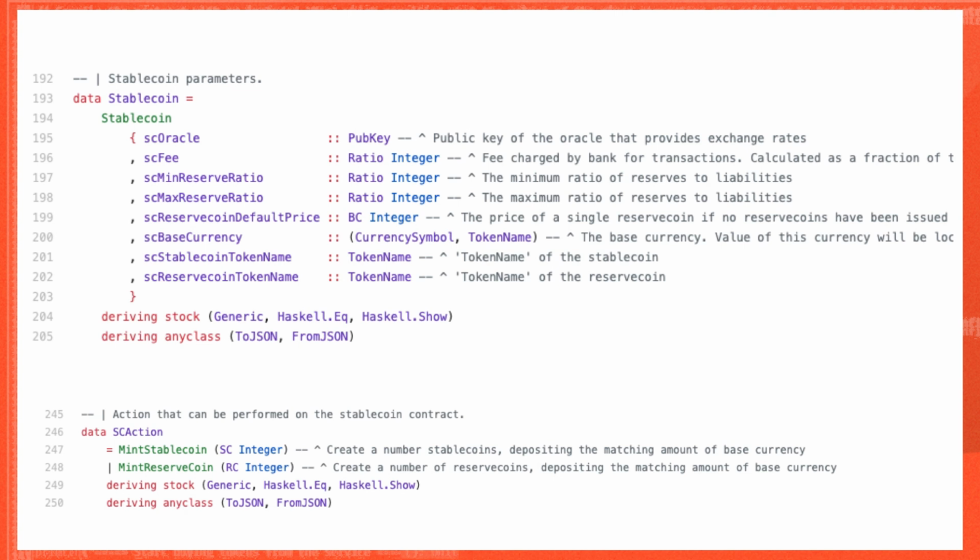And you can remember that in the slide that I presented a while ago, we had 4 actions. The reason why we have just 2 actions in the contract is that for the other 2 actions, you can just use the same 2 actions, but using a negative value, right? So for example, if you are buying stablecoins, then you use this mint stablecoin action with a positive value. But if you're selling stablecoins, you use this mint stablecoin action with a negative value. So the implementation is even more minimal than what I described in that single slide.